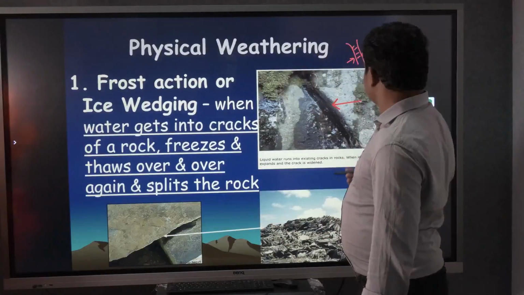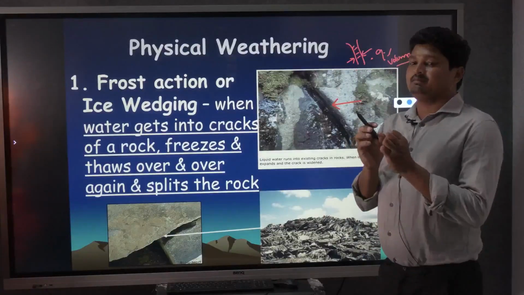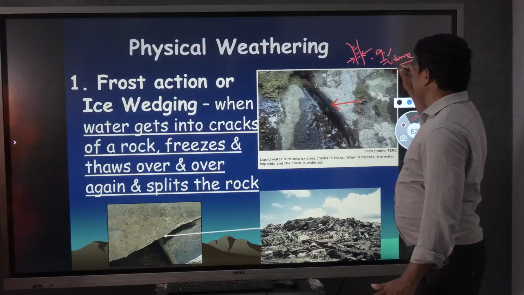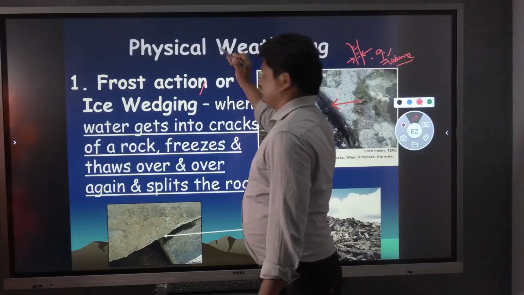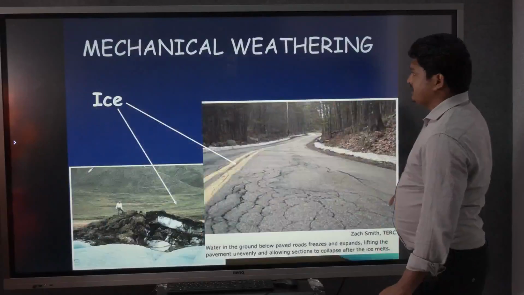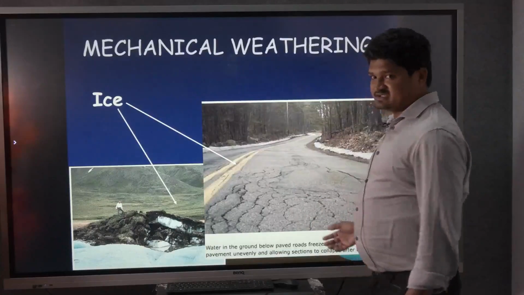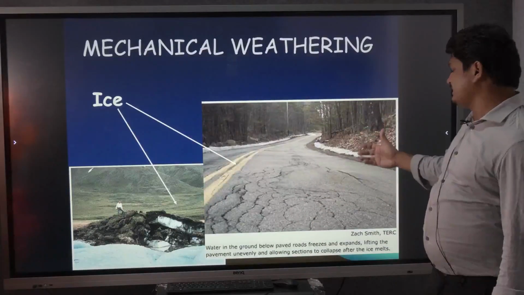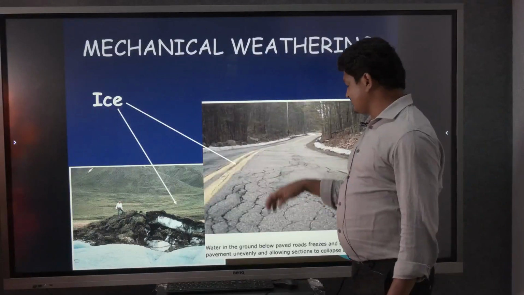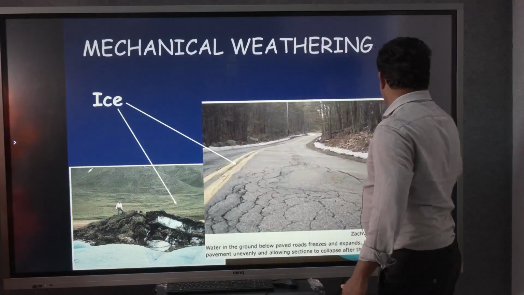So frost action means that when water is added into particular cracks and freezes, the water increases its volume by up to 9%. This causes frost action. One example of frost action: when we construct roads in a glacier environment or any icy area, after construction sometimes cracks will develop in the roads, due to the increase of